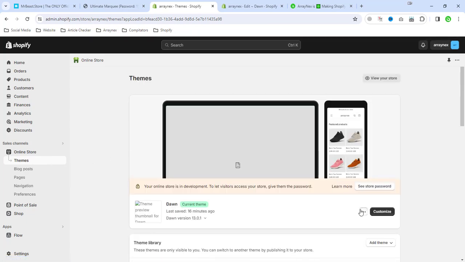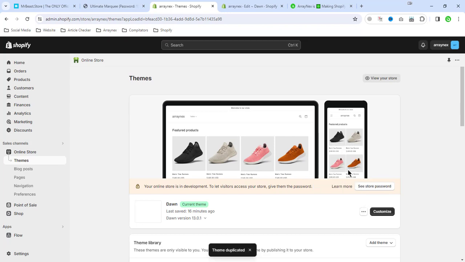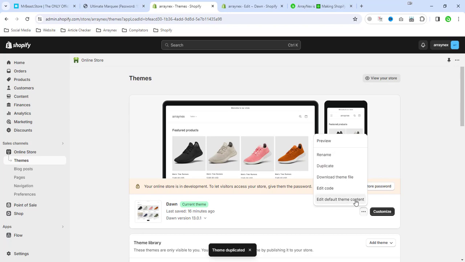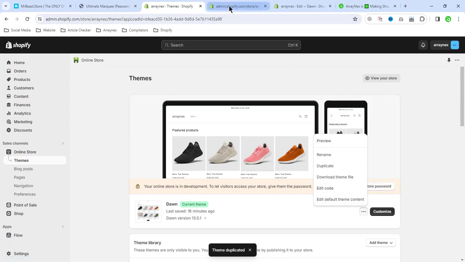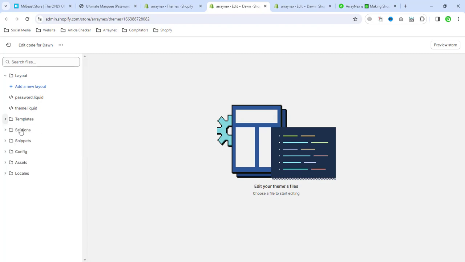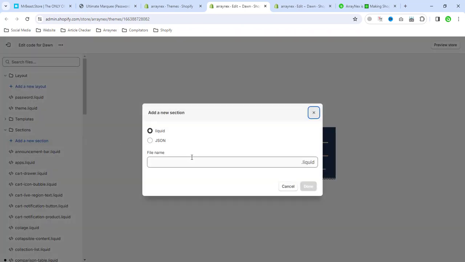Click on the three dots. It's optional, but if you want to back up the current theme file, you can duplicate it by clicking the duplicate option. After this, click on edit code, collapse the template folder and expand the section folder. Click add a new section,